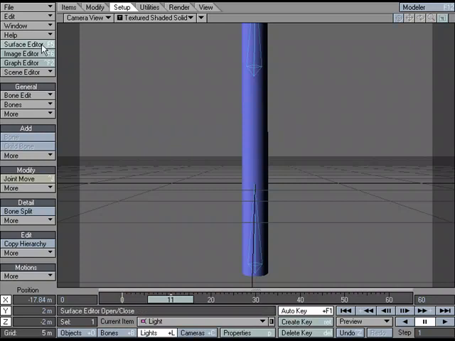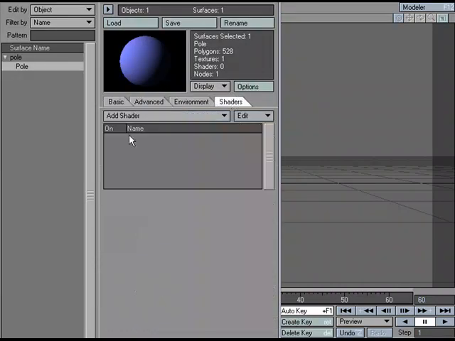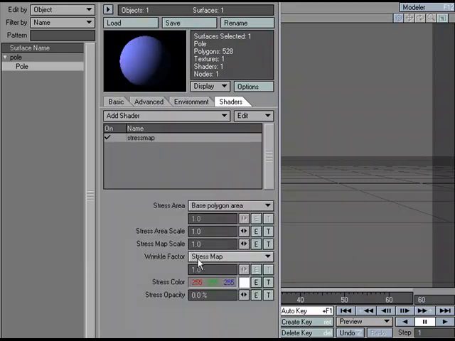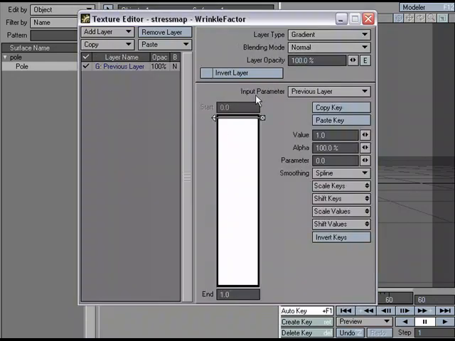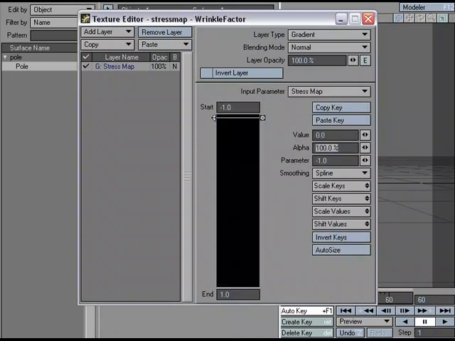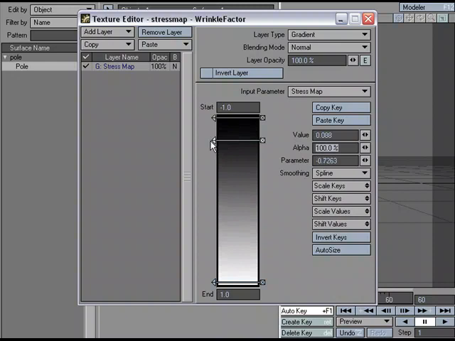So let's go to the surface editor, shaders, let's choose stress map, and under wrinkle factor let's change it from stress map to custom, and I'm going to use the texture editor here. Let's use a gradient, and from the input parameter I'm going to choose stress map. I'm going to set the value here to 0 and the value here to 1, and I'm just going to pull this down a little bit right here. So I've got a basic gradient that is basically saying that when there is stretching going on, I don't want to see the